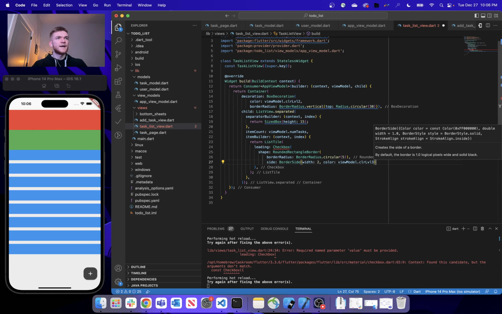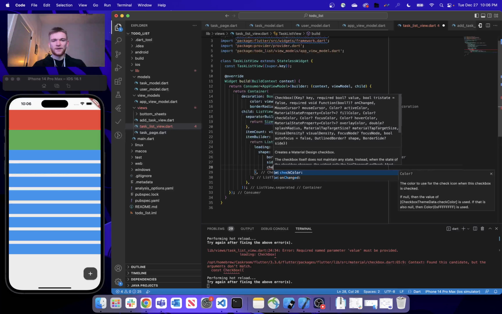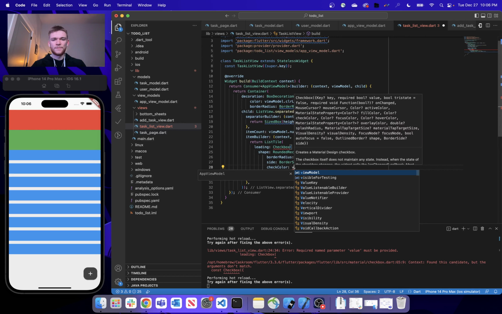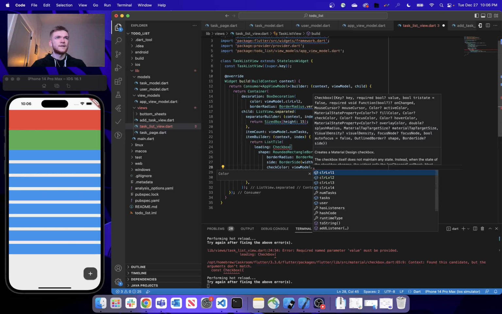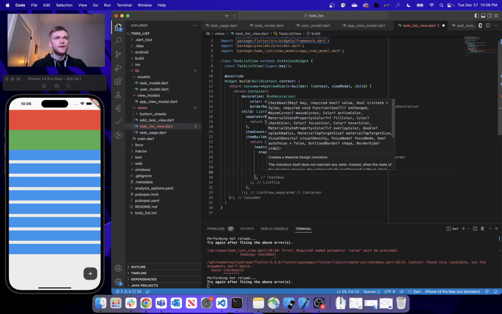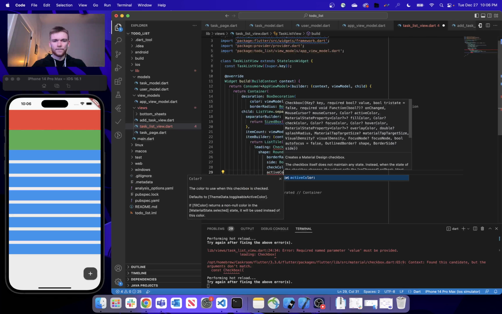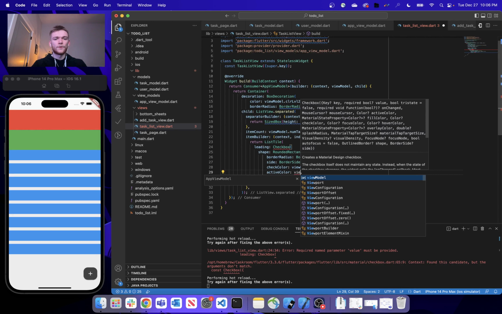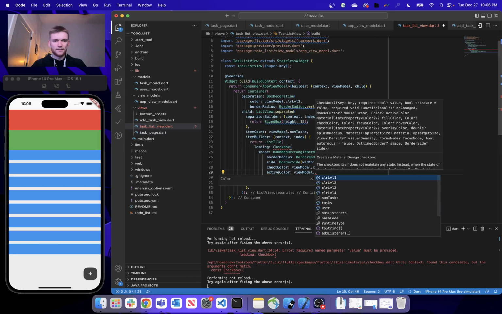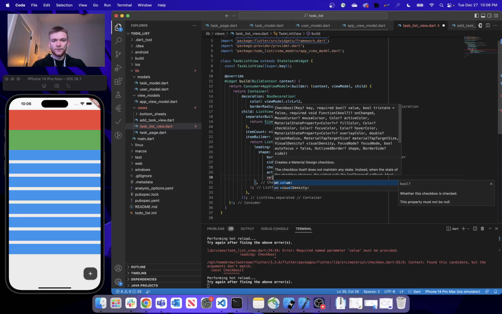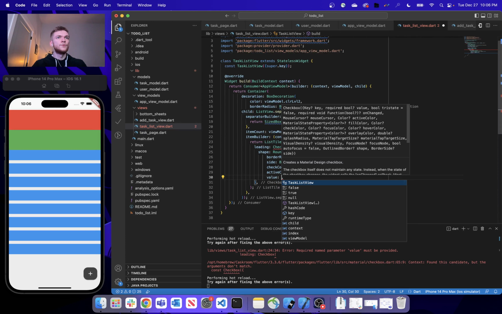So underneath this side, what we're going to do is add a check color. We're going to provide the color of our checkbox, and we're going to want that checkbox color to be our view model dot checkbox and our color level 1. The next thing we're going to do is set the active color to view model dot active color 3,